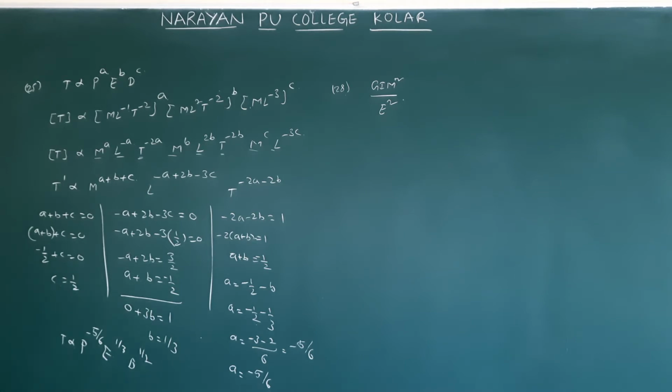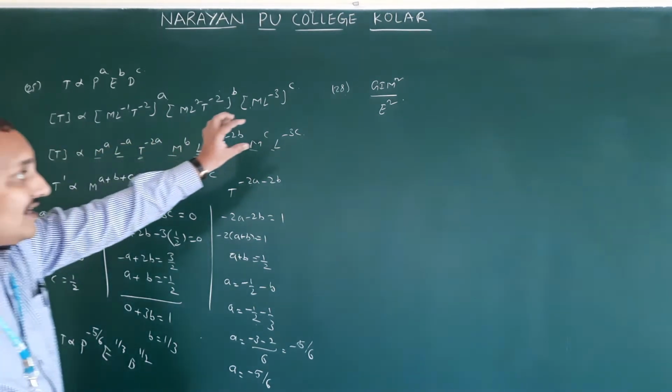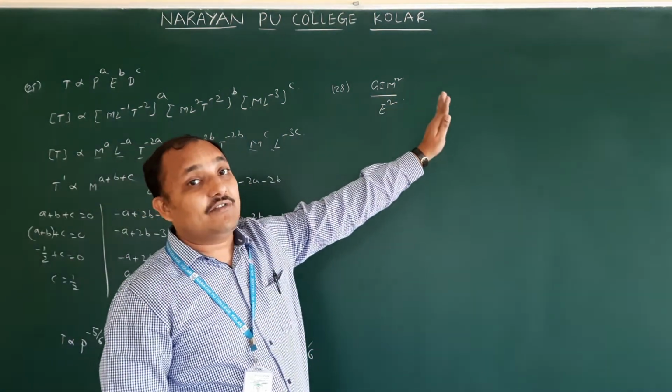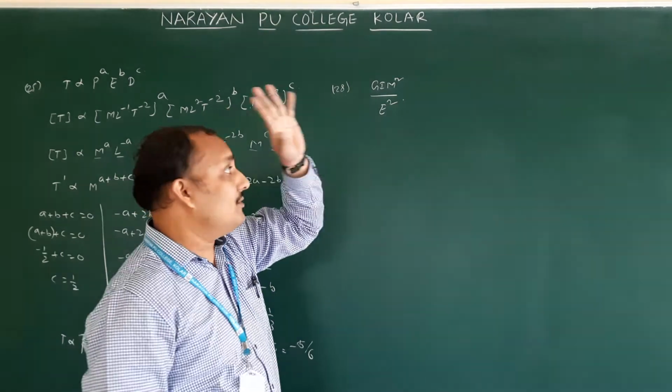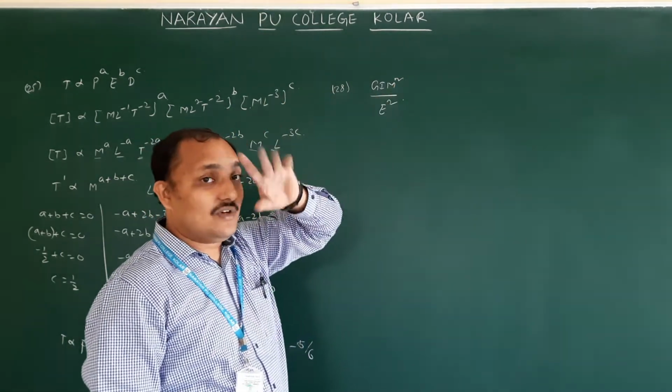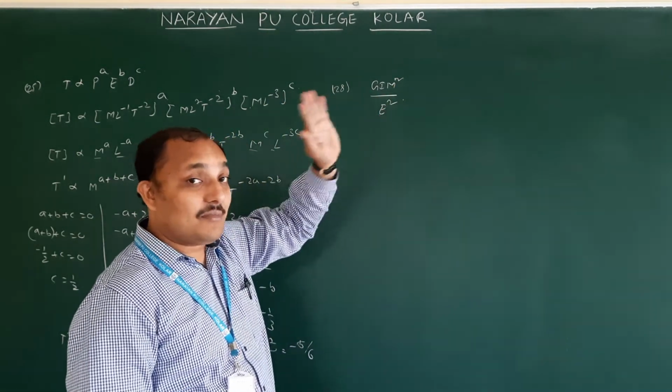E is energy, G is gravitation constant, I is impulse. We don't know about impulse, I will say now. And m is mass. The dimensions of G I m square by E square are the same as that of what? Now this formula is indicating which physical quantity. G is gravitational constant, that dimension formula you came to know. M is mass, mass dimension formula you came to know. Energy dimension formula also you came to know.